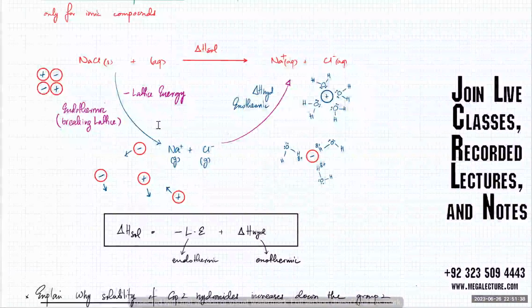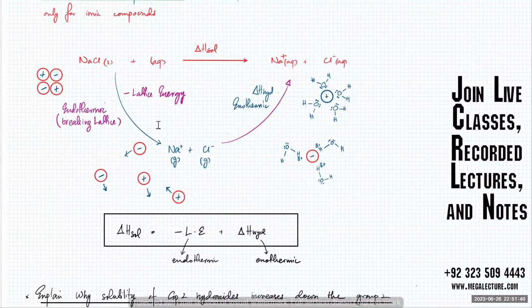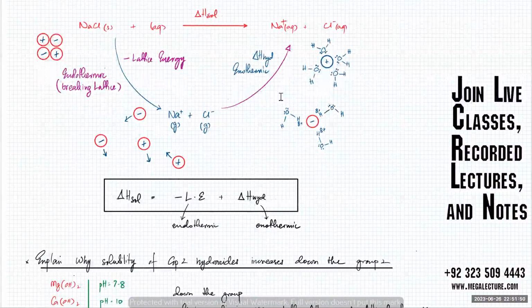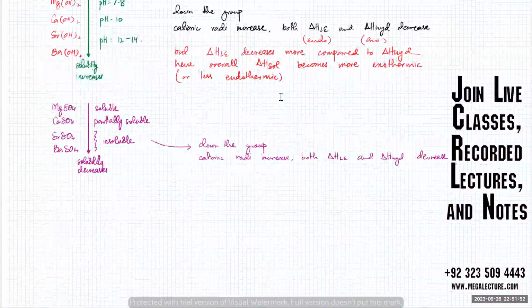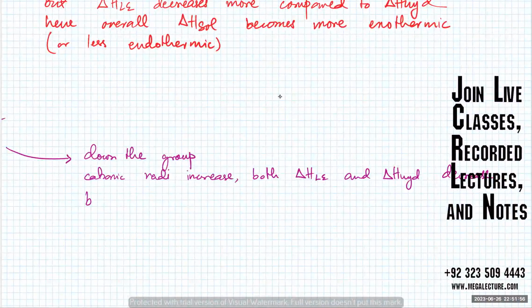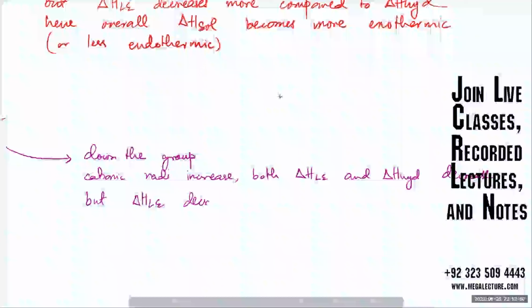Is that clear? Yeah. So down the group, the solubility decreases. That means it's harder to actually break the lattice relative to it forming bonds with water. So although both are decreasing, in this case the lattice energy decreases less. The lattice is still pretty strong, harder to break. So the lattice energy decreases less